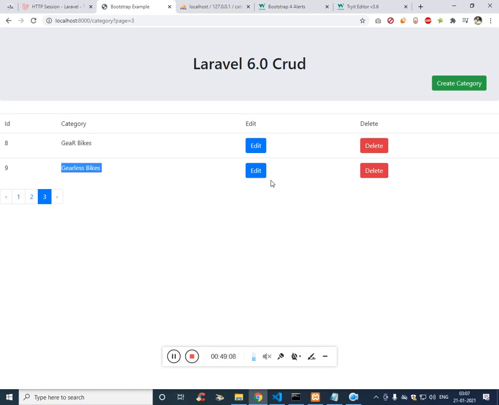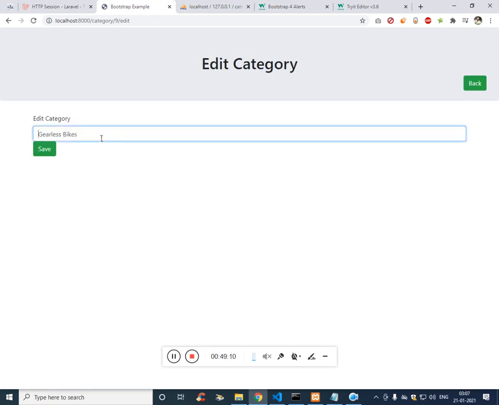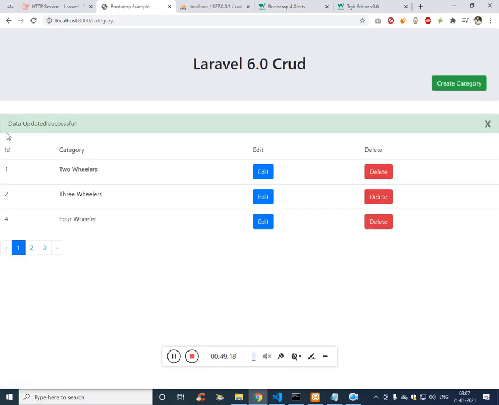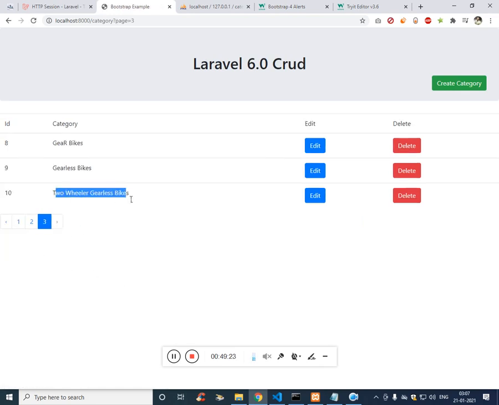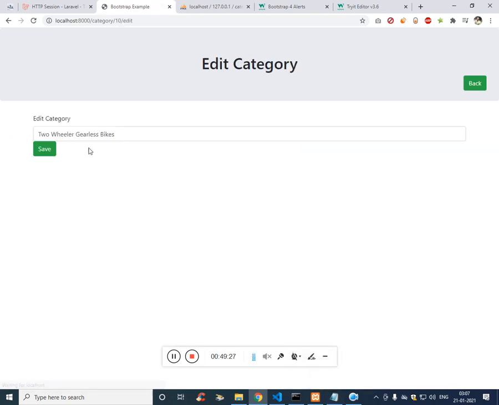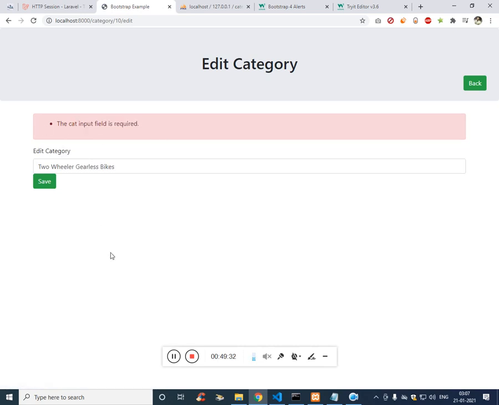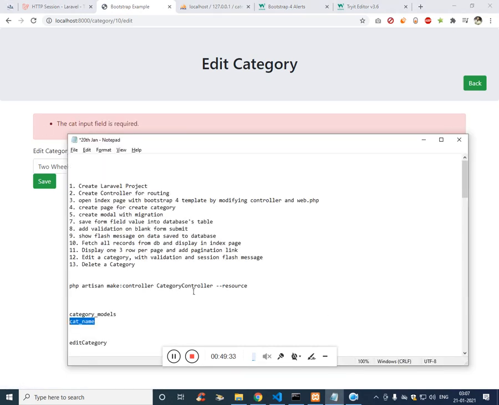So let's edit it again. Two-wheeler gearless bikes. Click on save, data updated successfully, and if you see two-wheeler gearless bikes, fine, it is working. So if I try to enter blank, we will get the message. So that's cool.